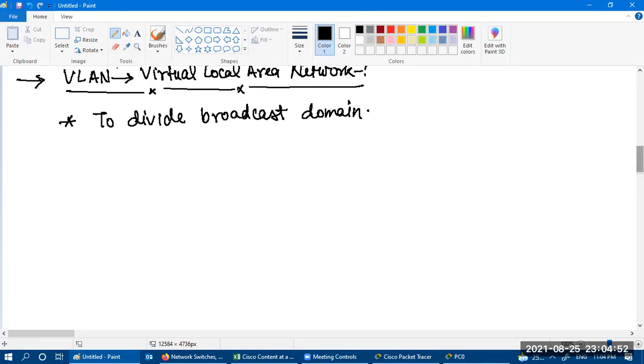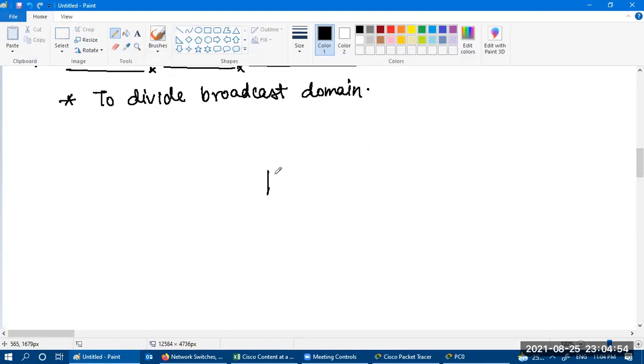Let me tell you the complete story of how a switch actually works. Just assume this is a 48 port switch, and you have some departments connected with your switch.